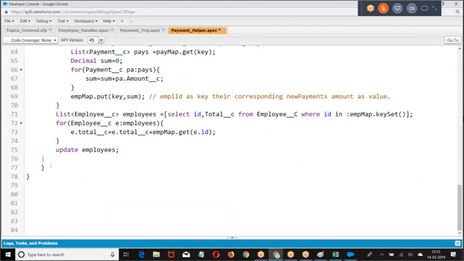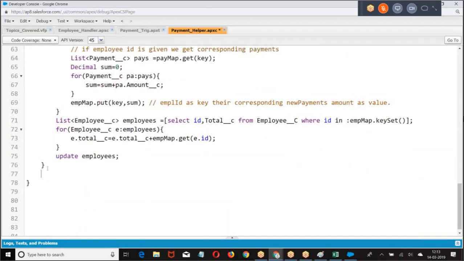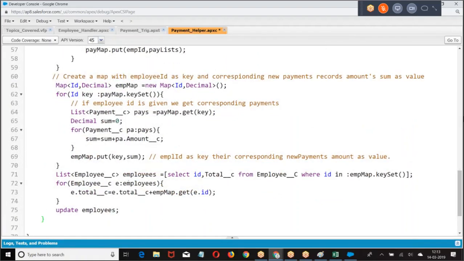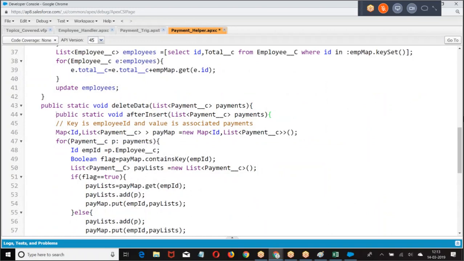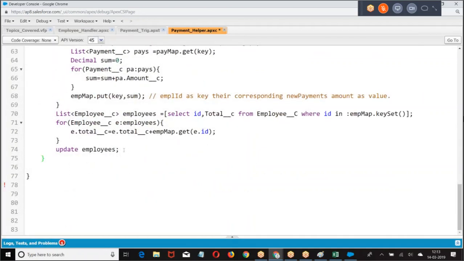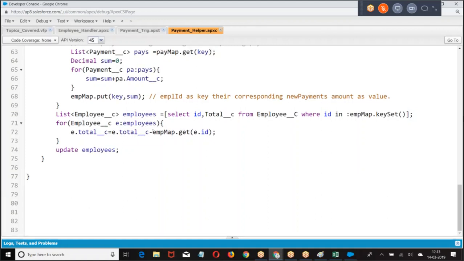The only difference is that the same logic will run, but instead of plus, we have to say minus, because if existing records are deleted, we are going to subtract.